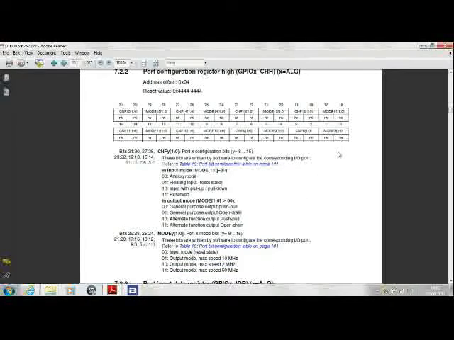For that we need to have our MODE bits set to 10 and our CNF bits set to 00.